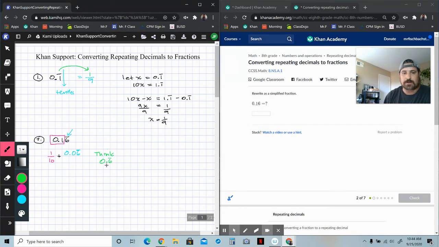What would you have to do to turn this green thing into this blue thing? Well, you'd have to divide it by 10. In other words, you have to move the decimal one place to the left. So if you divided this by 10, you would get this blue thing over here. So we know how to write this. This is just 6/9. So that means the blue thing can be written as